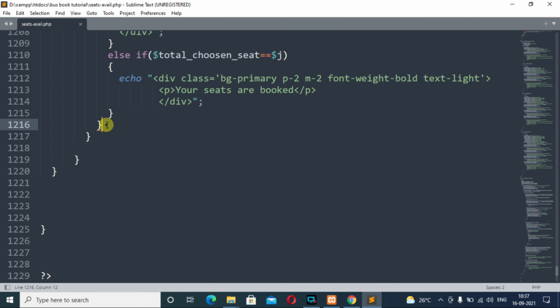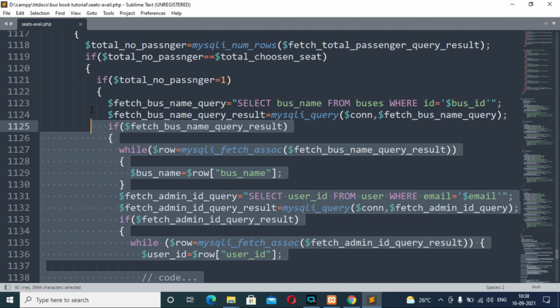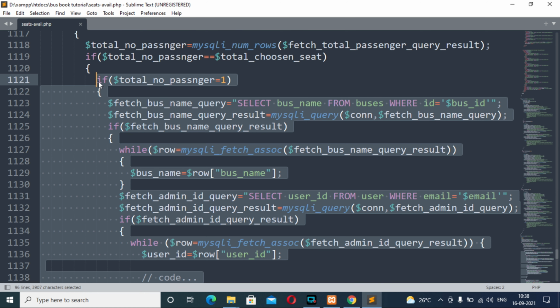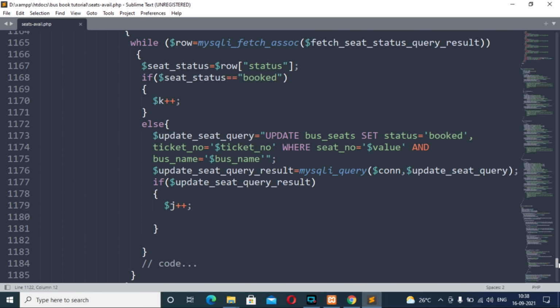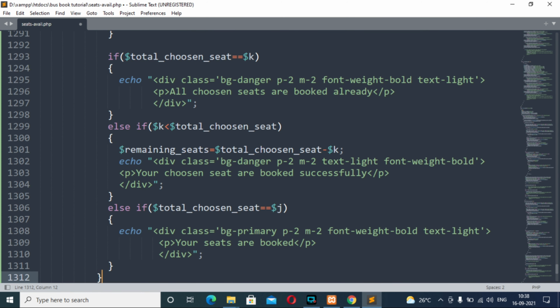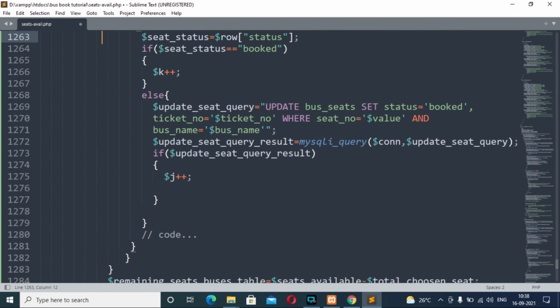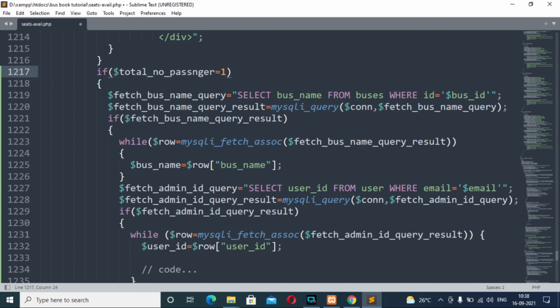So copy the lines from 1121 to 1216, and paste them just below this if block. Copy this code from line number 1217. So here we go, I have copied it. Now change this to total number of passengers equal to 2.